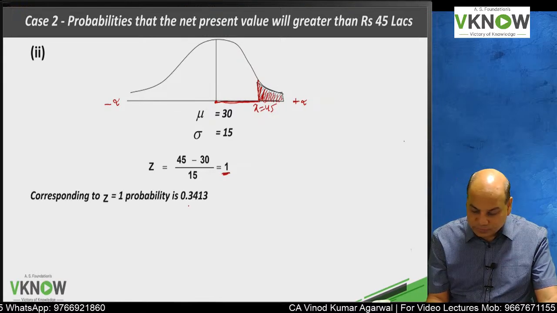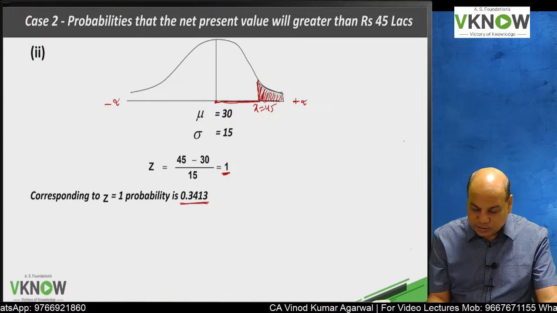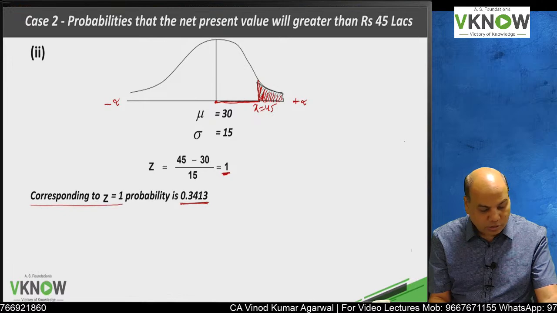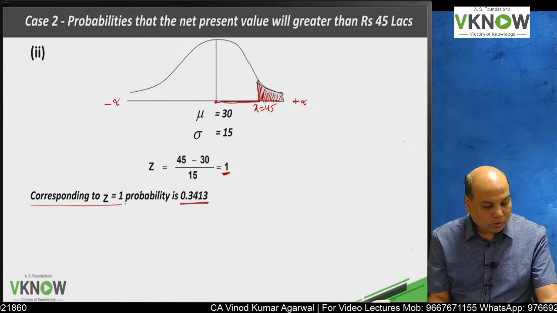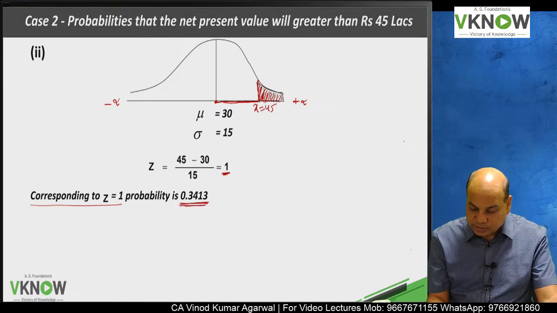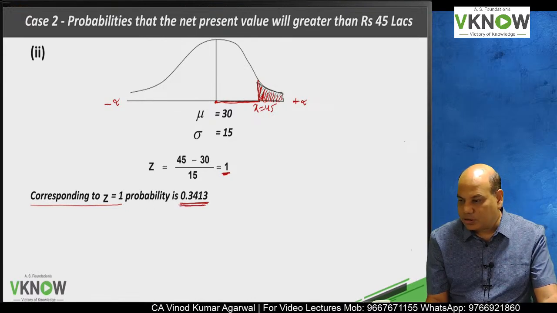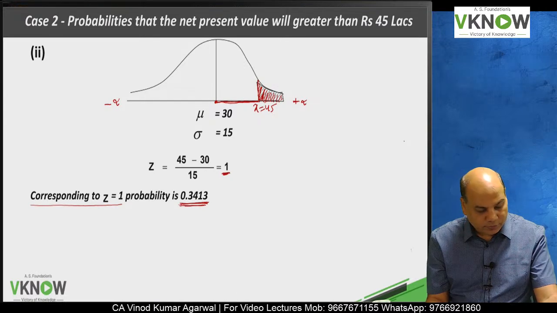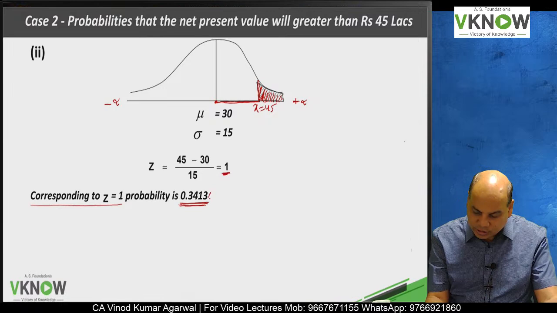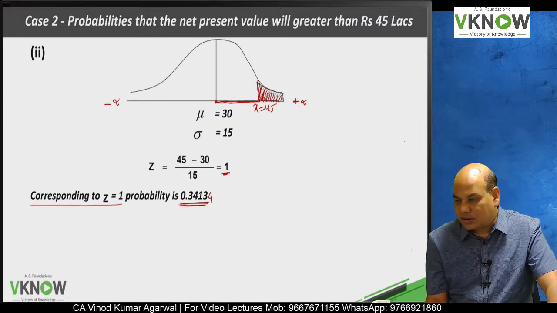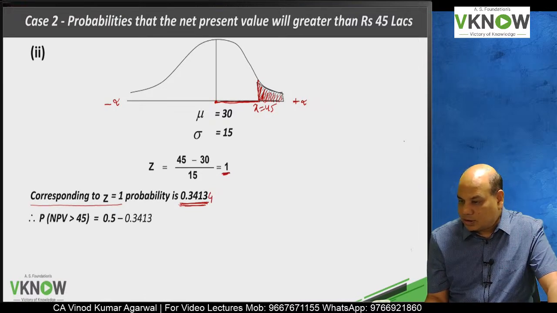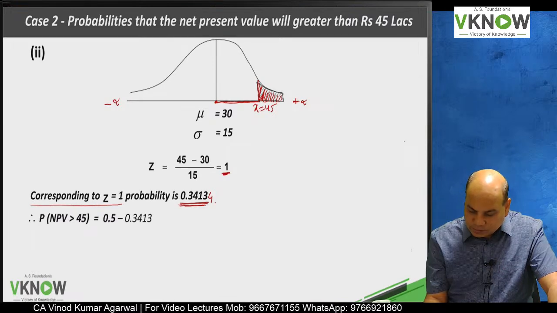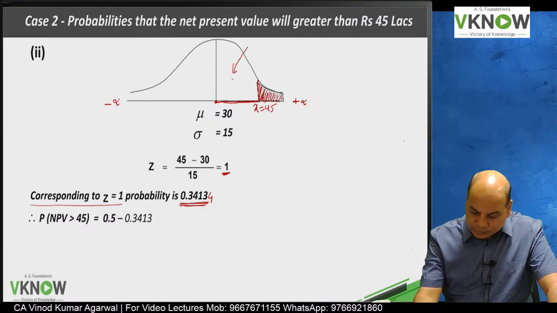0.34134 is there. You can write 4 or 5 digits, no problem. So write a note corresponding to z equal to 1. Probability is 0.3413. 4 also you can write if you want, doesn't matter. And then write down, this is the probability of this area,